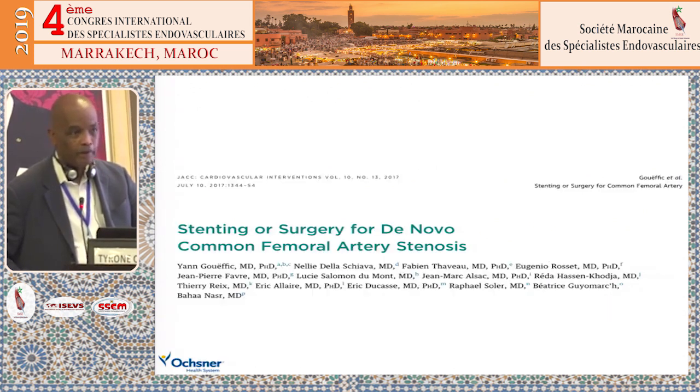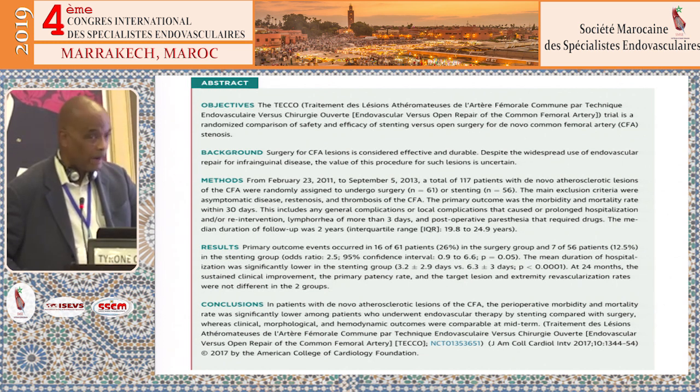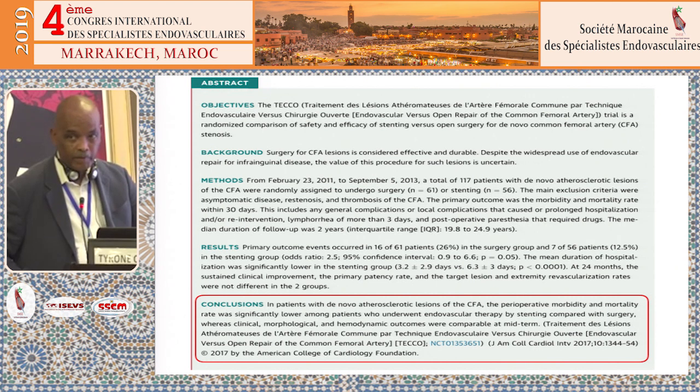The other area that was concerning as far as stenting, and what you've all been traditionally taught, is do not put a stent in the common femoral artery under any circumstance. This is a study that looked at exactly that, putting stents in patients with common femoral artery stenoses. And it looked at patients, not only just the simple run-of-the-mill patient that you might see walking into the clinic, but these are patients that had significant comorbidities, which made them at higher risk for having surgical